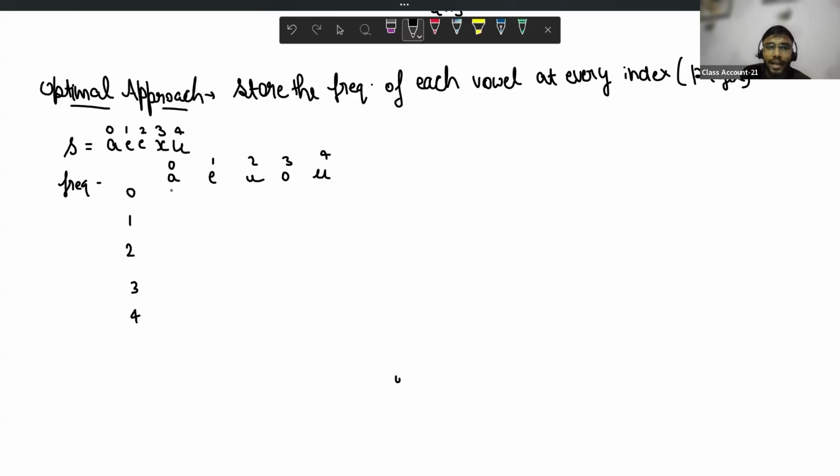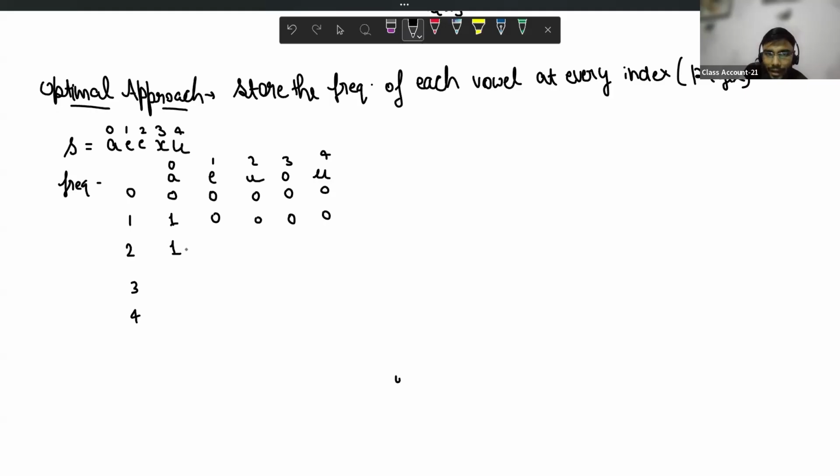Now, before index 0, because I am storing the prefix, the count of every vowel is 0. Before index 1, the count of A is 1 and other vowels are 0. At index 2, meaning before index 2, what is the count of A?